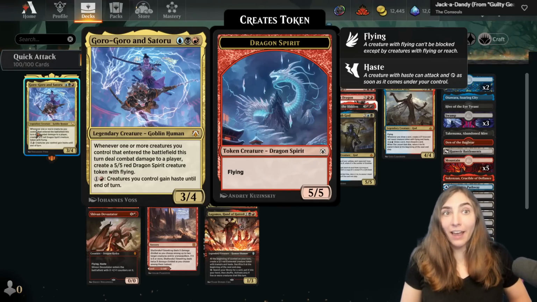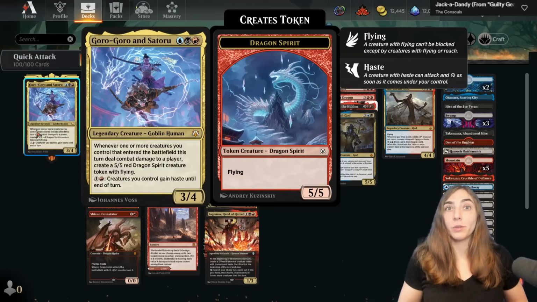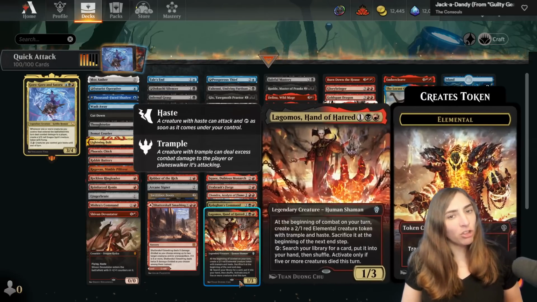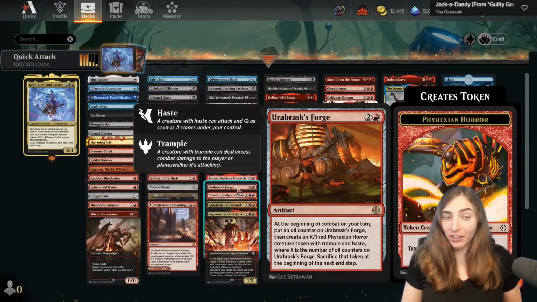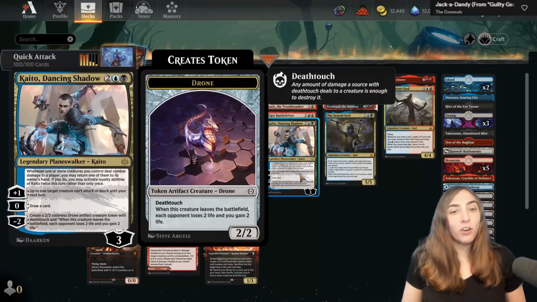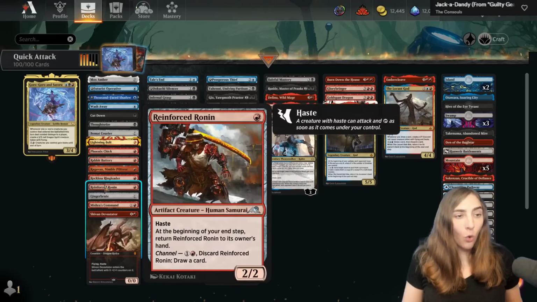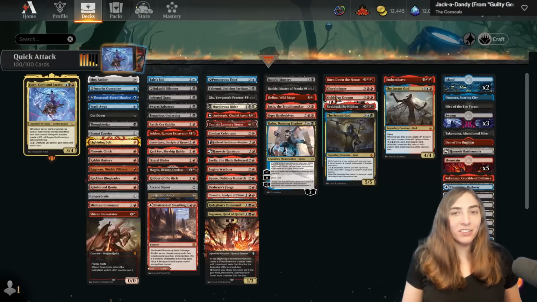So this deck actually has a lot of things that are, yes, ninjas or haste, and of course Goro-Goro and Satoru can give things haste, but it also has things that make tokens that enter the battlefield and have haste so they can attack on the same turn that they're created. And it has a lot of things that already have haste, because we may as well. We also have cards that bounce themselves back into hand. Kaito can bounce creatures back into hand, or ones like Reinforced Ronin, and of course, some big scary dragons of